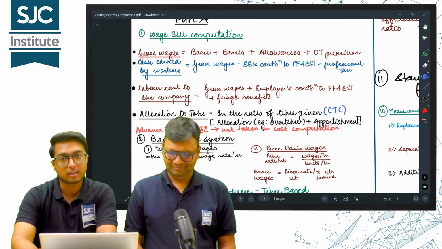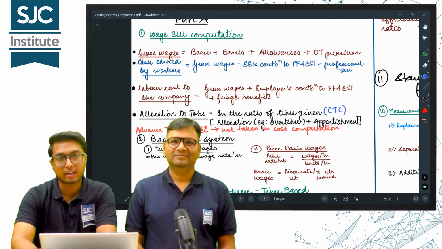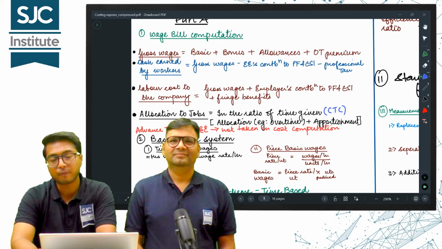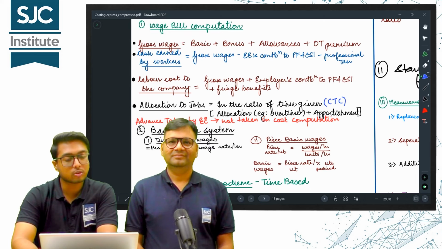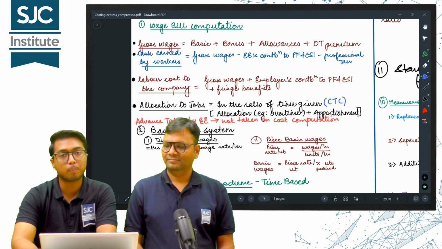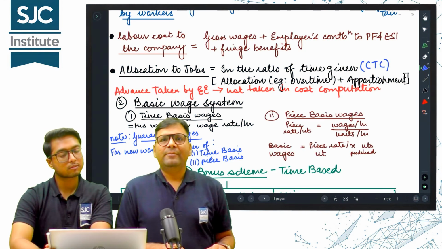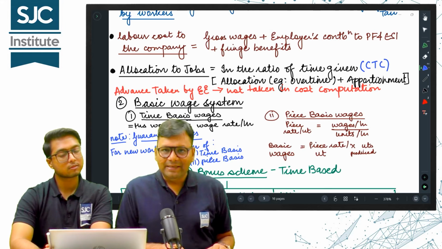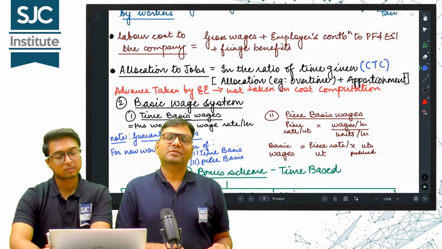Cash earned by workers is equal to gross wages minus employees' contribution to PF and ESI minus professional tax. Labor cost to the company is equal to gross wages plus employers' contribution to PF and ESI plus fringe benefits. While calculating labor cost to the company, remember that any kind of advance given to employees does not form part